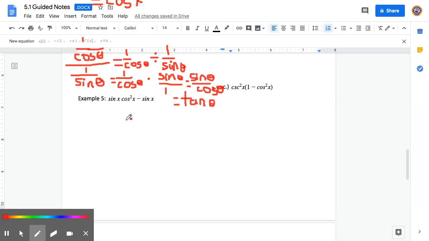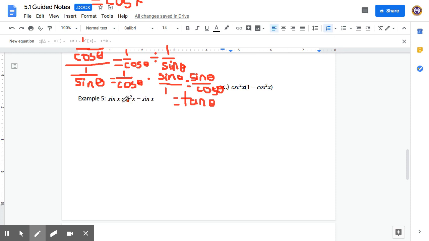Done. All right, our last example gets a little bit tricky. Not too tricky, we can do it, but a little tricky. It has the sine of x times cosine squared of x minus sine of x. So a trick here, everything is already written as sine and cosine, but something you might want to think about